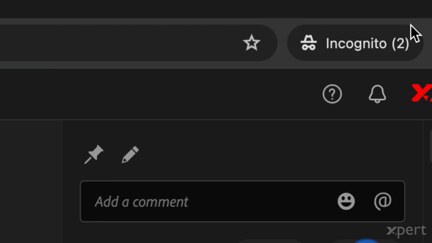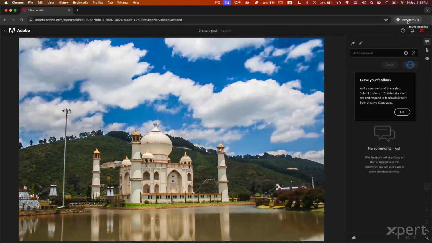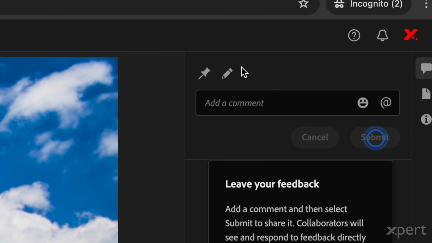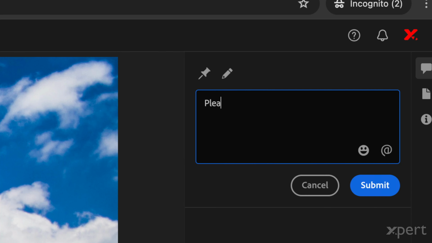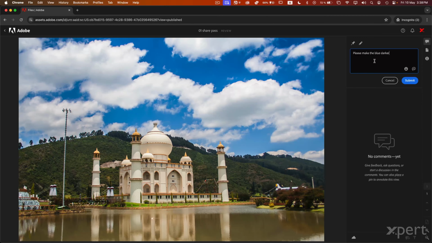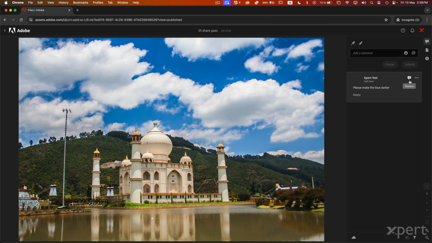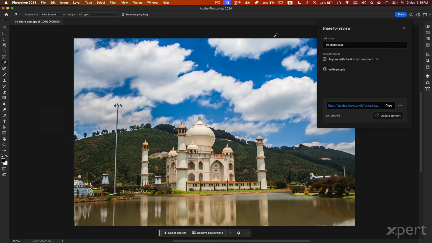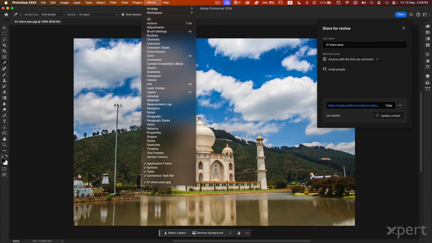Because I'm in incognito mode, I'm simulating a random user. So this random user can, for example, add comments. For example, please make the blue darker. I'm gonna click this button, Submit. This is the new comment, and now I'm gonna return to Photoshop, and I'm gonna go to the Window menu,